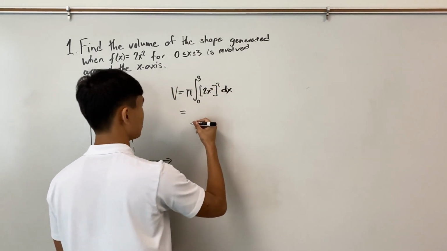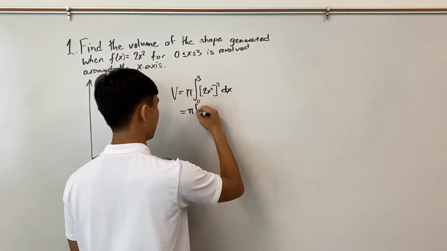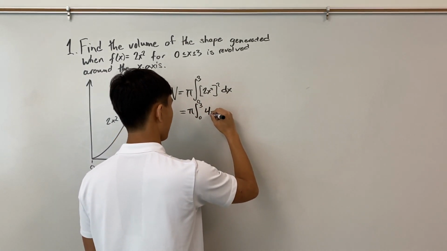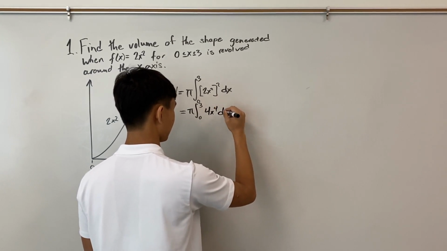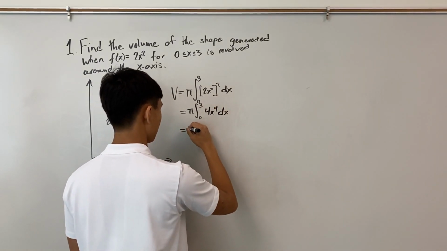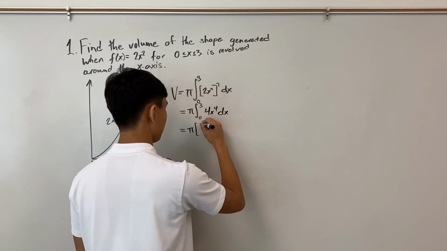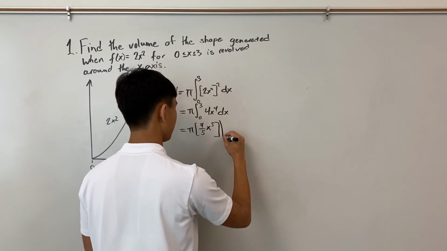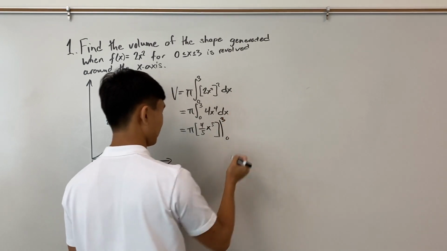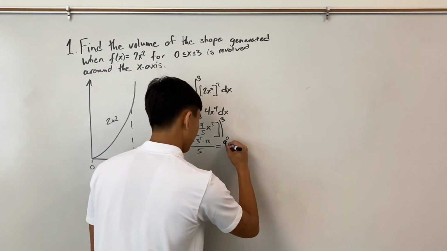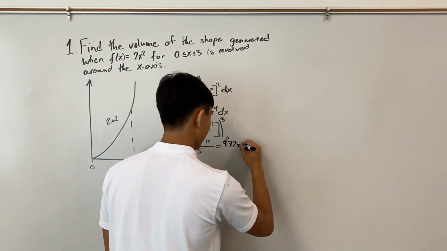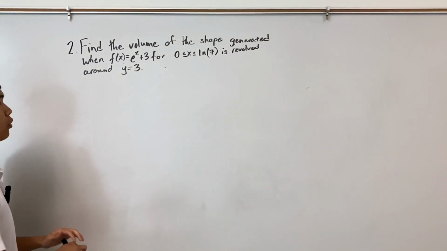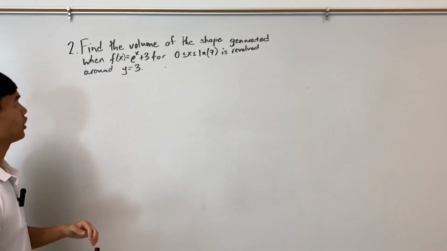Evaluating this integral, we get pi times the integral from 0 to 3 of 4x to the 4th dx, which is pi times 4/5 x to the 5th evaluated from 0 to 3, which is 972 pi over 5. For our second problem, we're going to find the volume of the shape generated when e